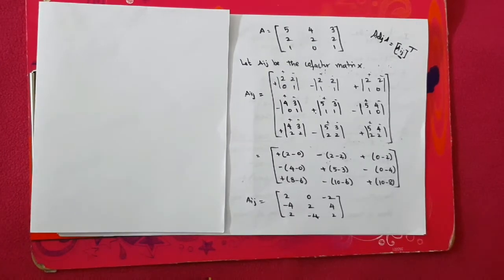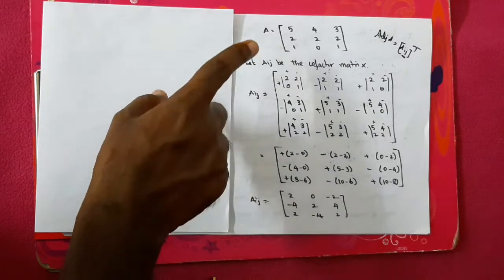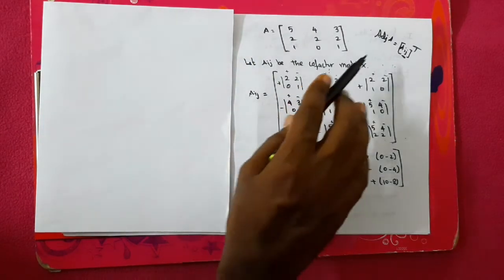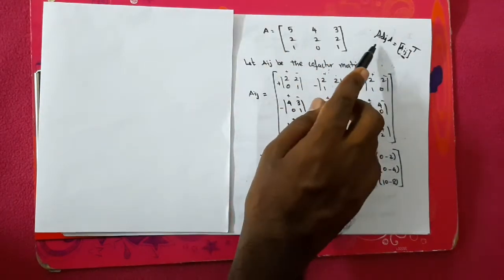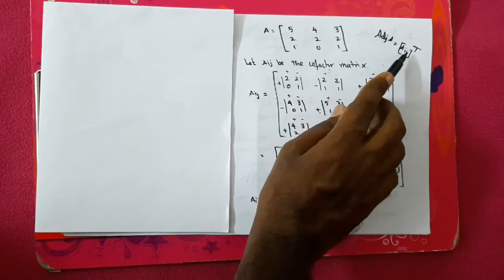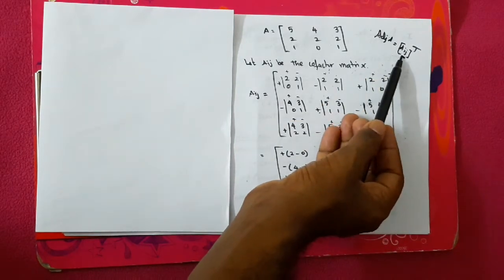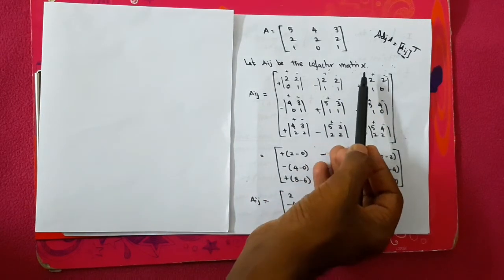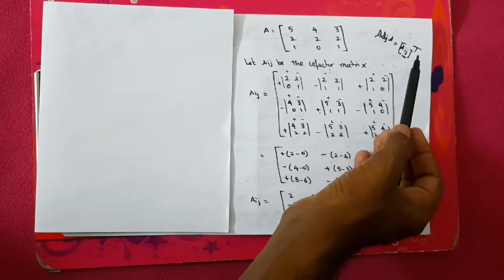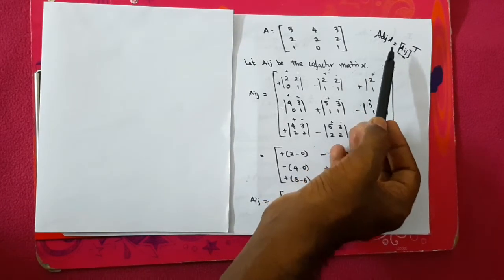Hello students, now we are going to see a 3 by 3 matrix, and how to find the adjoint of a matrix. Okay, let's see that. First, for this type, usually the adjoint of matrix formula is adjoint of A equal to Aij the whole transpose. Here Aij is nothing but the cofactor matrix. So after finding the cofactor matrix, we have to take the transpose so that we can get the adjoint of the given matrix.